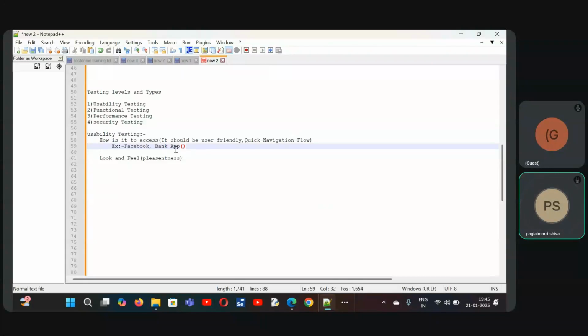And a scenario we have, customer details, money transfer, and